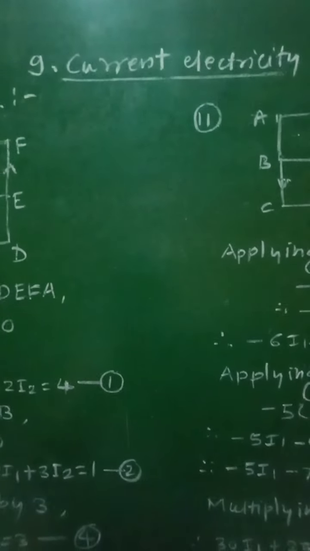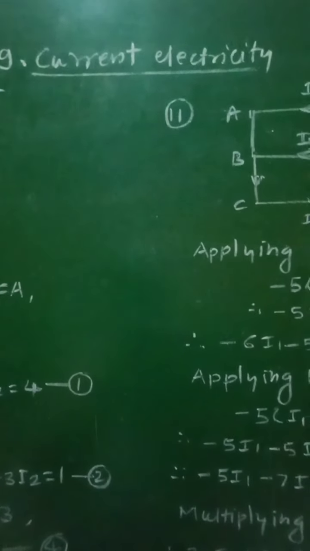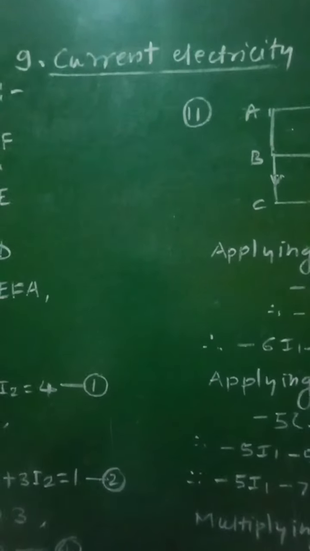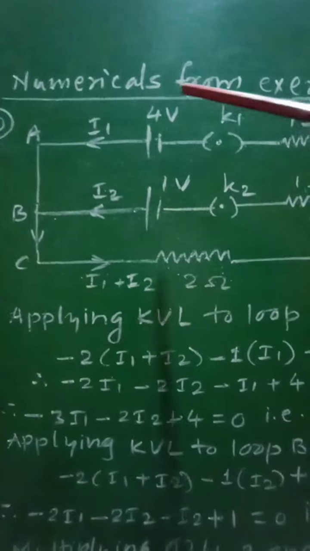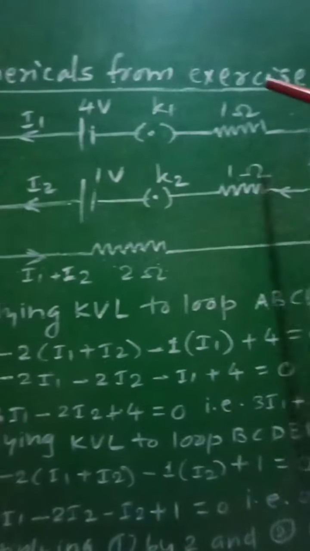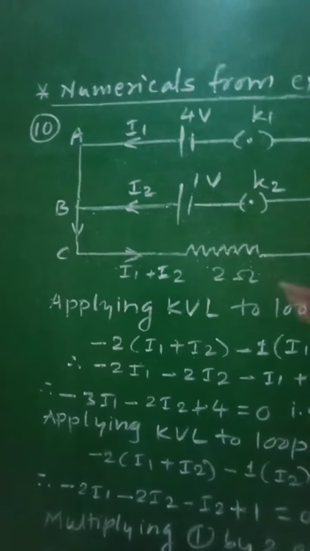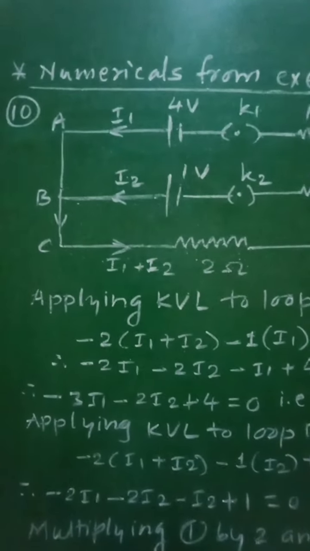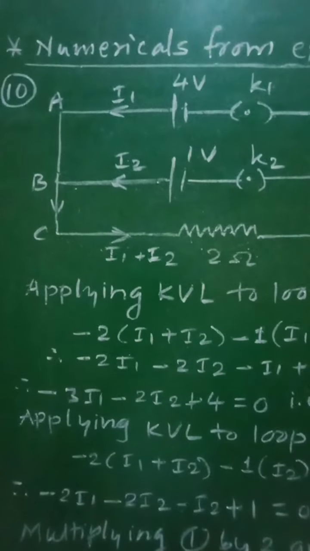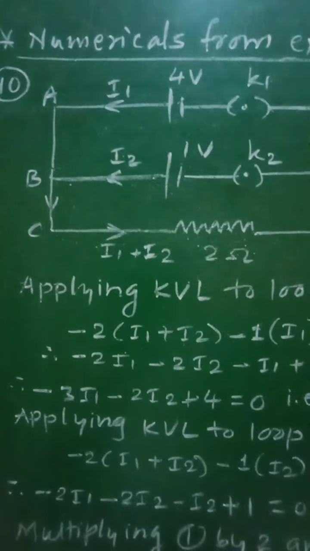Class 12th, Subject Physics, 9th chapter, Current Electricity. From this chapter, let us see numericals from exercise. Let us consider numerical number 10, which is given as: